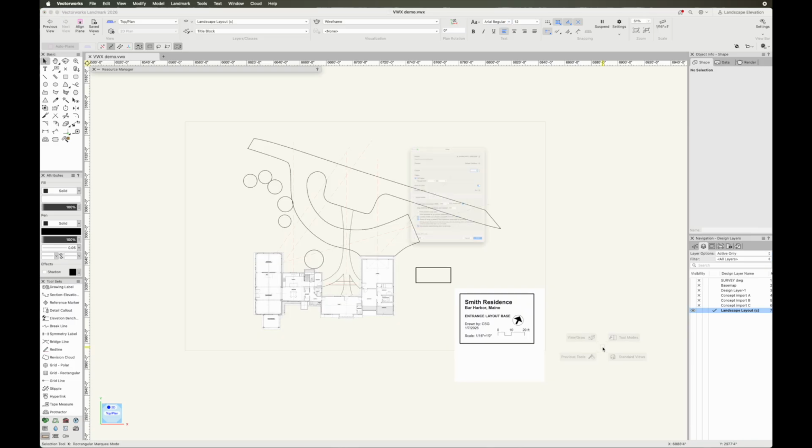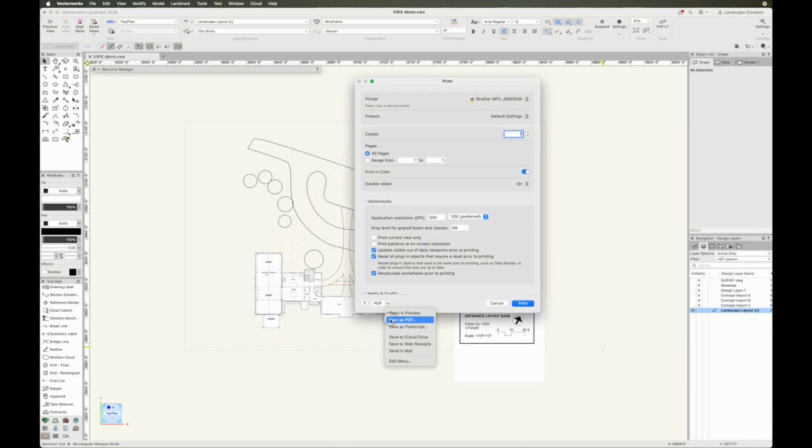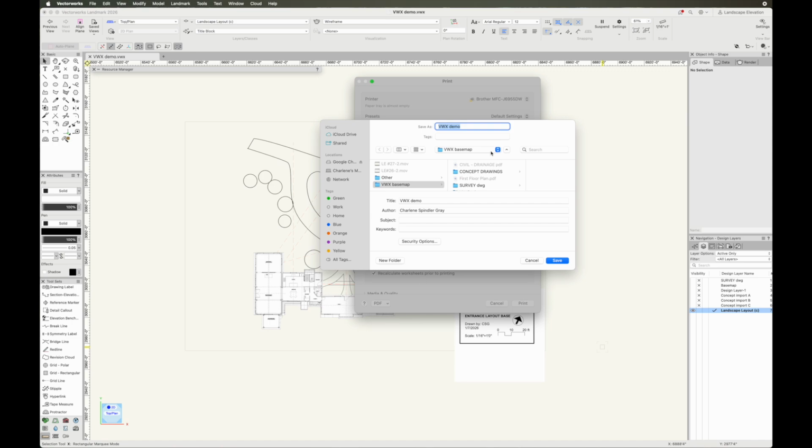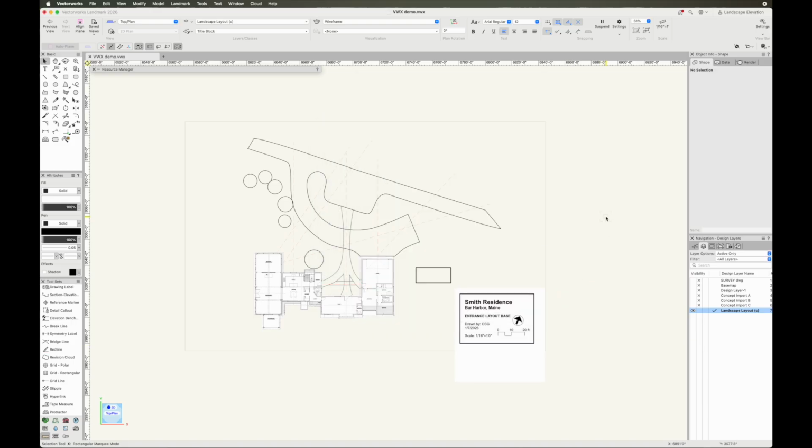I'm just going to say Command P. I'm going to save it as a PDF, and I'm going to call it entrance layout base, and I'll save it. Then I'll print that, and this was at 11 by 17, and then I'll start planning out my plantings and my hardscape,